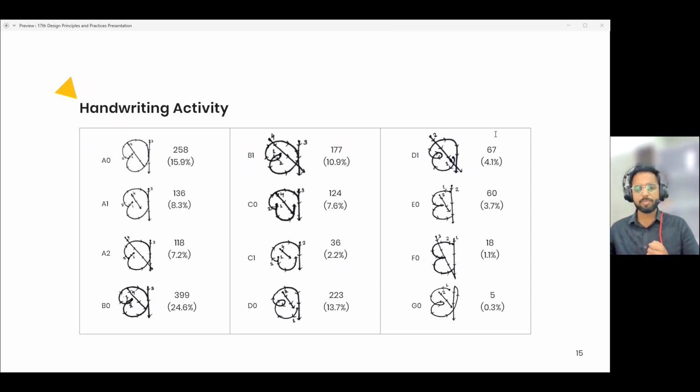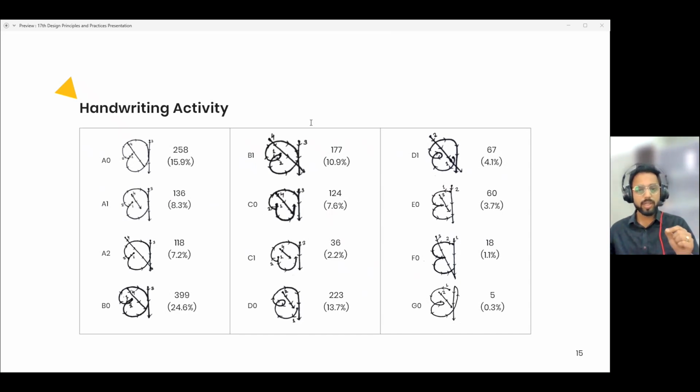Around 154 samples were written with pointed edges instead of rounded curves, which is the primary characteristic of Odia letter forms. And it was observed that children could not actually realize such a deformity and continued to write in a similar manner. So this suggests a lack of comprehension of the shapes and features of Odia letter forms among the children. A common observation among many of the students was their confusion regarding stopping or continuing with a stroke during writing.